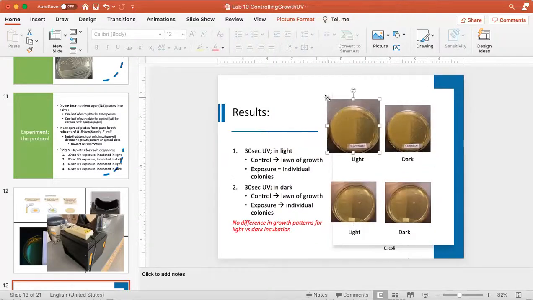In other words, one of the questions we were asking was about the difference between light repair and dark repair. It turned out there was no difference between the light and the dark repair. So from here on, we don't even need to think about it. We've already answered that question. Both the light repair and the dark repair showed similar results. It was so similar that we don't even need to think about it from this point on.